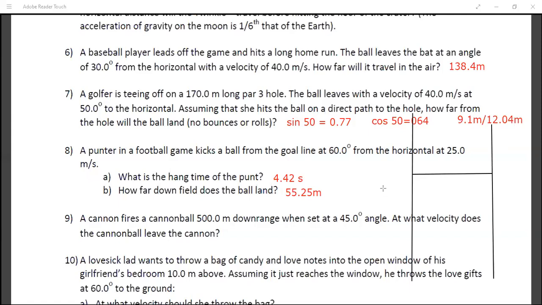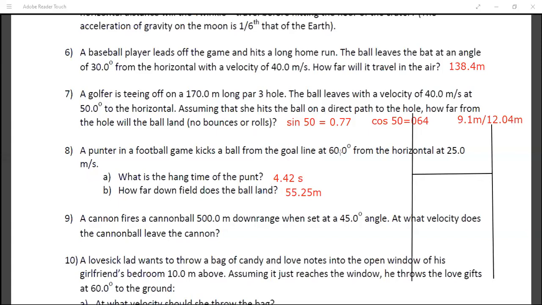Okay, fine. And Swayam, the punt is nothing but this particular height which the ball has to cross to get an extra score. Right, Varun, am I correct? Yes, sir. Punt is nothing but the top bar which they need to cross in the rugby game. So it is the time to reach the maximum height. In short, they need to ask about this when they talk about the hang time. When you go for the time of ascent to the maximum height, you get the value as 4.42 seconds. Correct? Yes, sir.